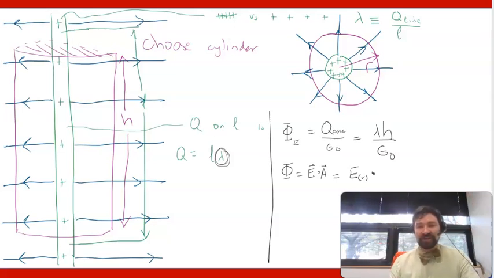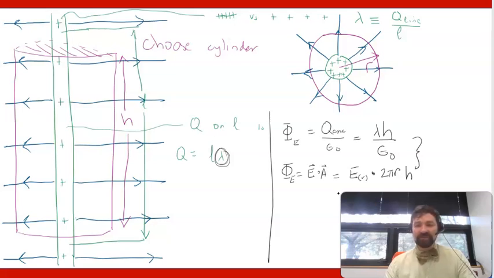Well, the area of the sides is your lateral area, so that would be your circumference 2 pi r times your height h. And if I put these two equations together, E times A, or E of R times 2 pi r h, should be equal to